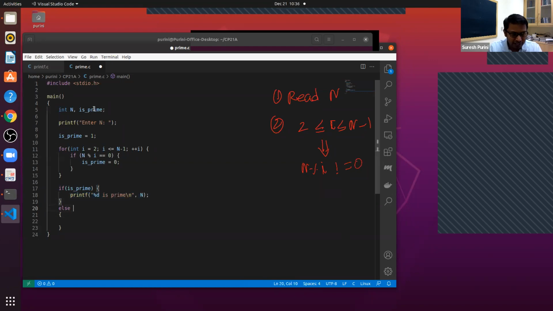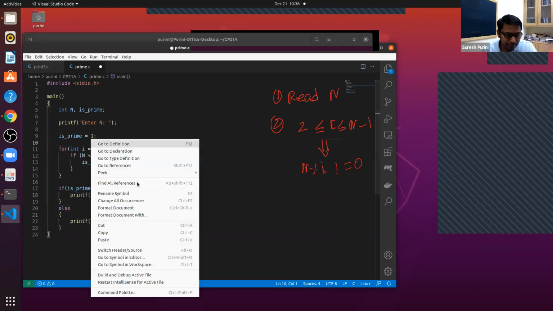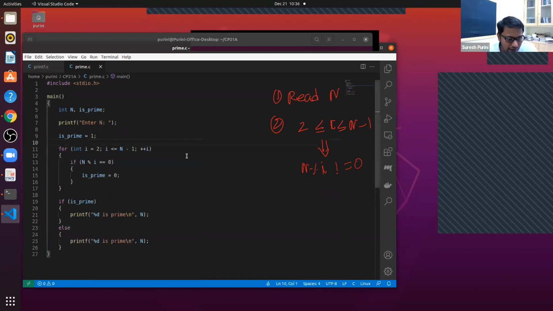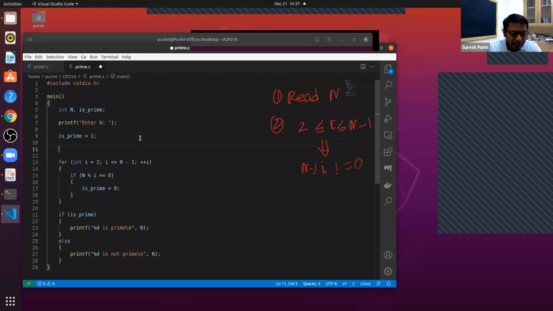So in this program, is it necessary to stop? Even if you find a factor, we are just continuing the story. Okay. Format document. Does this work? Okay. For 1 and 2, you have to check separately. Yeah, make a separate special case. Yeah, maybe we can do